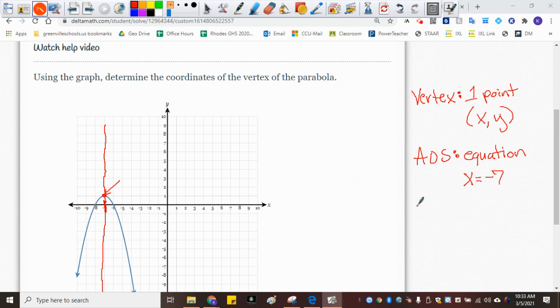And then another thing I'll ask for on this one is the roots. Roots, solutions. It can be 1 point or 2 points. Yeah, so where you cross your x-axis. So sometimes, like here, this one crosses twice. Usually it'll cross twice, but you'll get like one random one where it only crosses once. So if it's 2 points like this one,